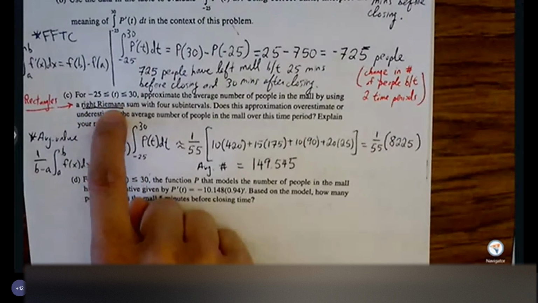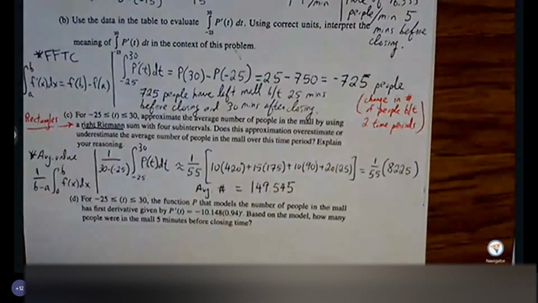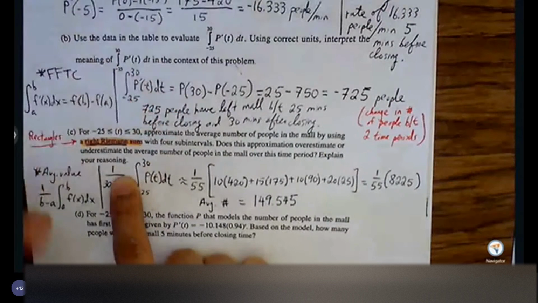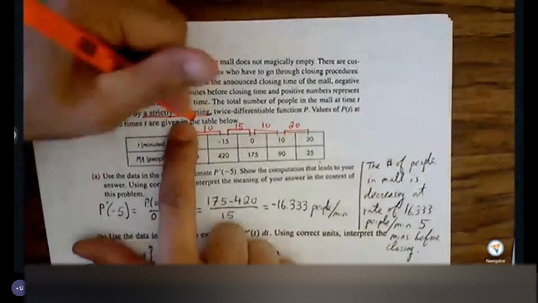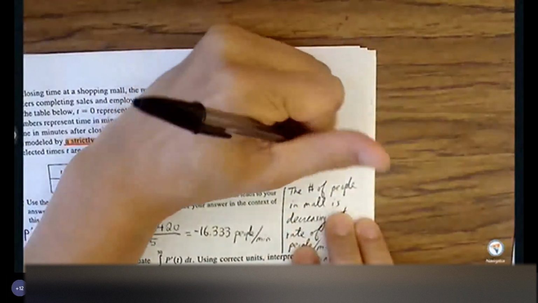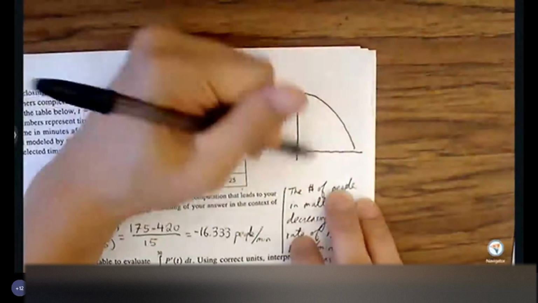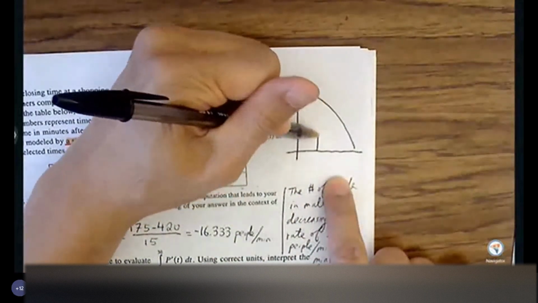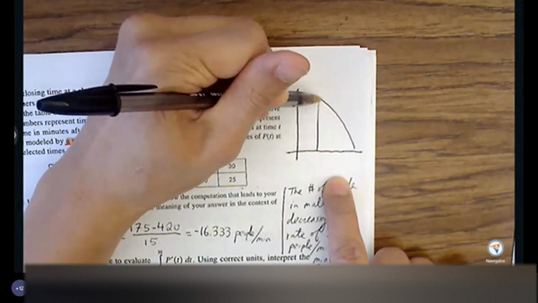So let's think about what information we're given. We're given a Riemann sum, a right Riemann sum, and then our function is strictly decreasing. So let me put this up here. If you have a right Riemann sum and your function is always decreasing, that means if you just draw rectangles, you can kind of convince yourself that for every rectangle, if I'm attaching the upper right corner,